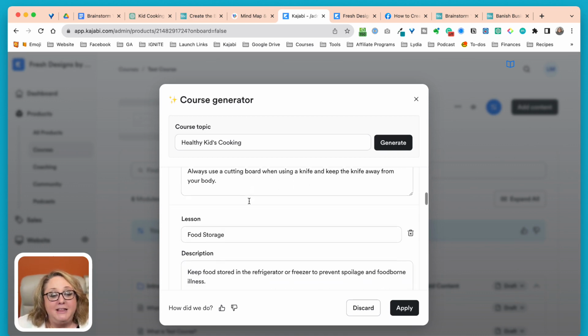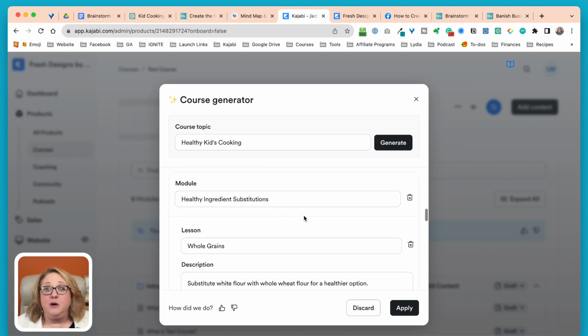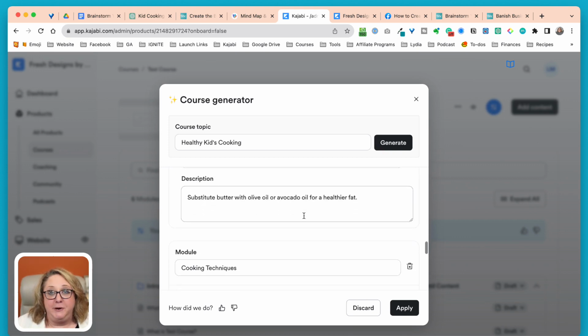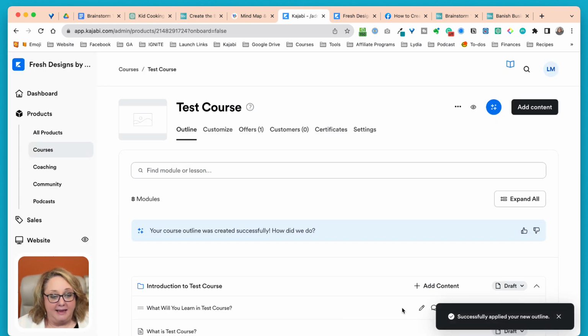But the cool thing is once you've outlined this, grab it from the MindMob tool that I shared in our last episode, grab the ChatGPT brainstorming that I taught in our last episode, and you're going to be able to enter in all your information here. Once you have your modules and lessons, you just hit apply.